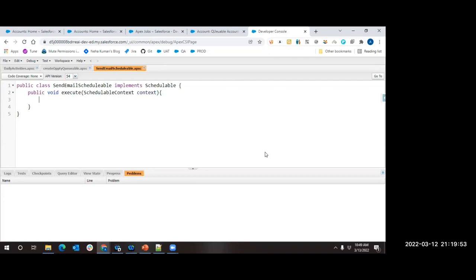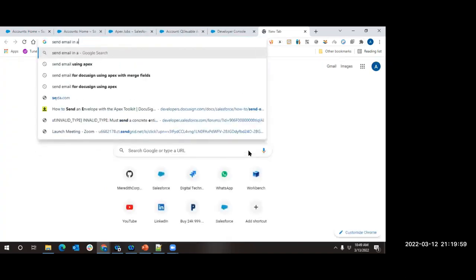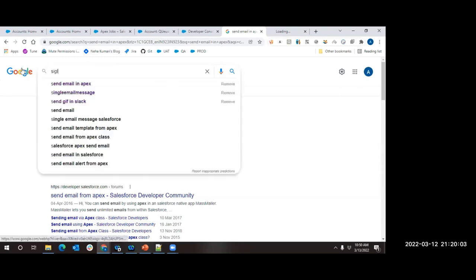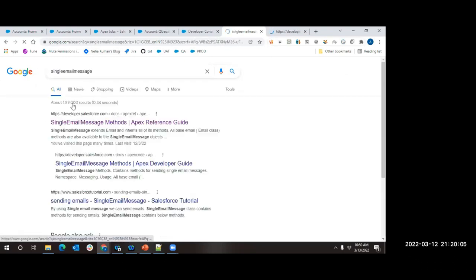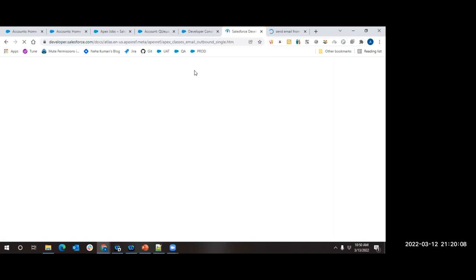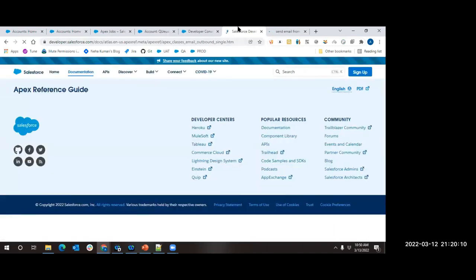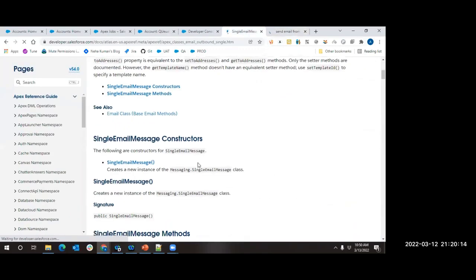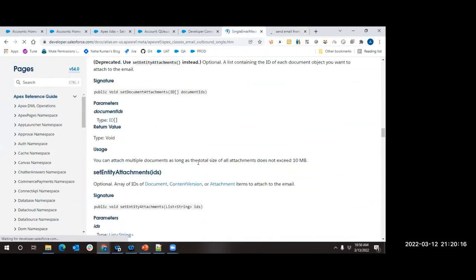Now, what I will do is I will write some logic. I cannot show you the output now because this will execute at some point of time. I will just show you the logic. Send email in Apex. Or I can use the single email message only directly, the class given by Salesforce. I'm just randomly taking this logic, whatever is present.